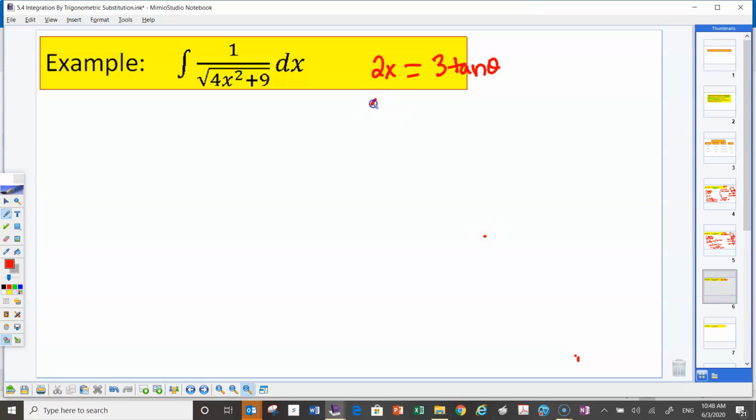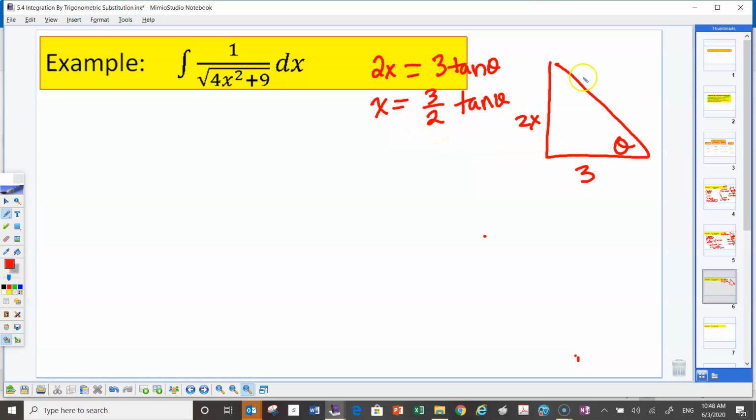So therefore x is equal to 3 over 2 tan theta. And if you were to isolate tan theta to draw our diagram, tan theta would be 2x over 3. So this side would be 2x, this side would be 3, and this side would be the square root of 4x squared plus 9. So in place of the square root of 4x squared plus 9,